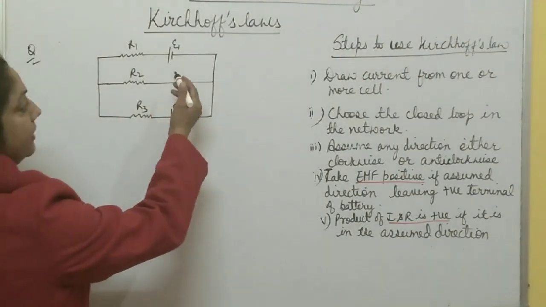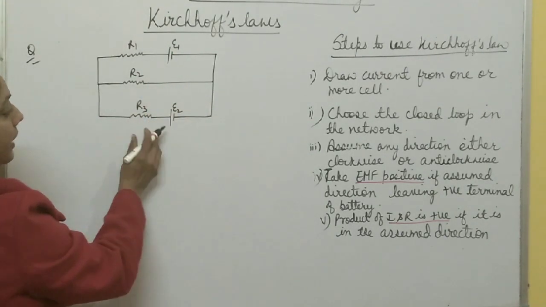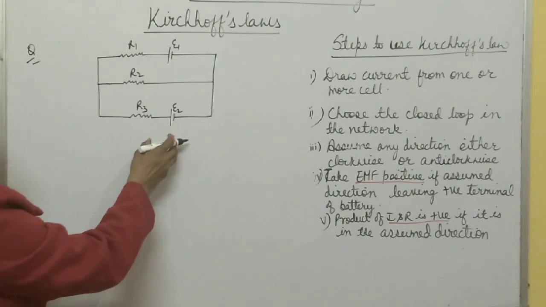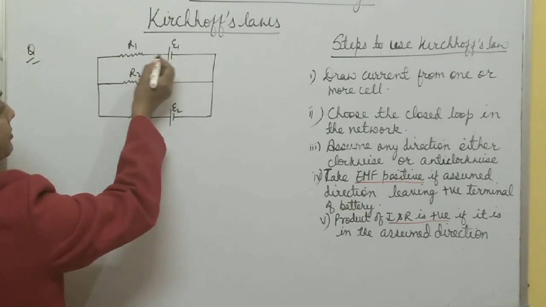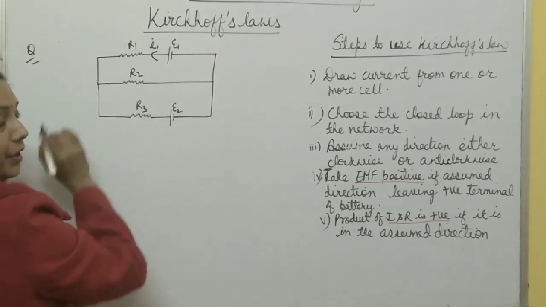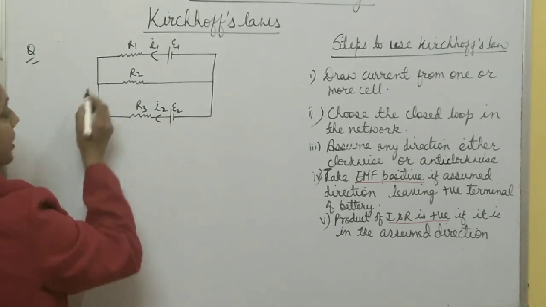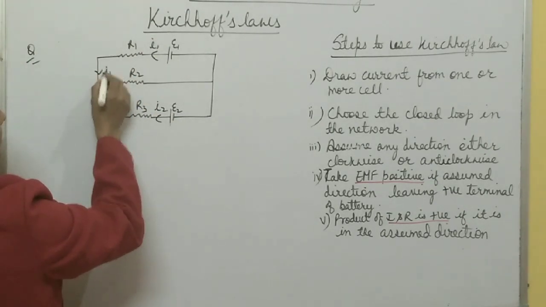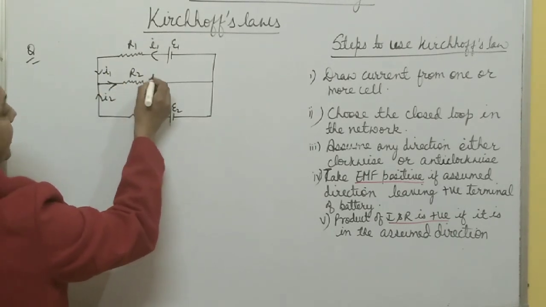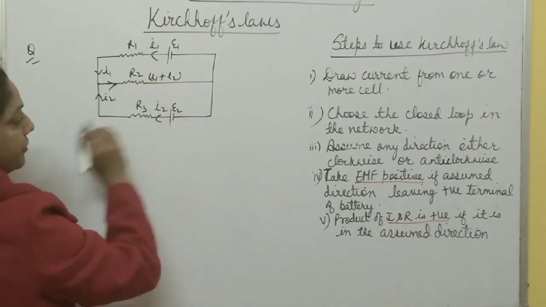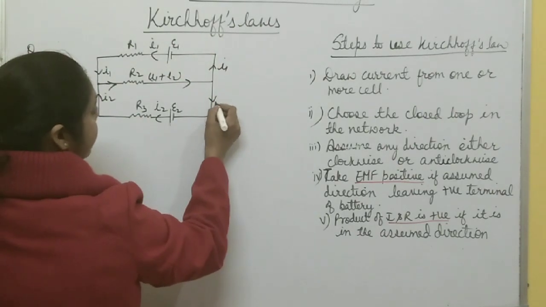Okay, how do you apply Kirchhoff's rule in this circuit? Here there are 2 closed loops, one is this one and the other is this one. There are 2 cells, right? So first you have to draw current from one or more cells. So let us suppose that from the first cell I1 current is flowing from the positive to negative terminal. From the second cell, suppose I2 current is flowing. So here I1 is flowing, here I2. At this junction point, these 2 currents meet. So on this side I1 plus I2 current is flowing, right? And toward this one again I1 in this loop, and here it is I2.